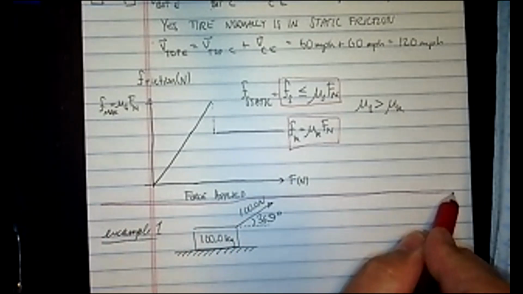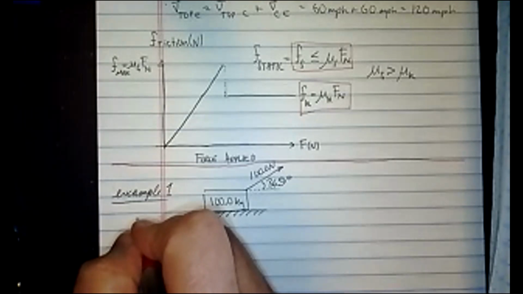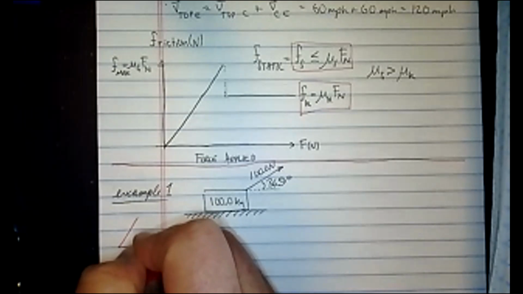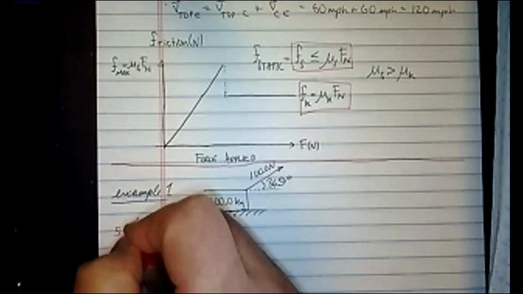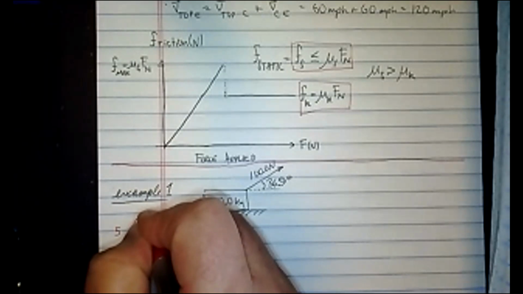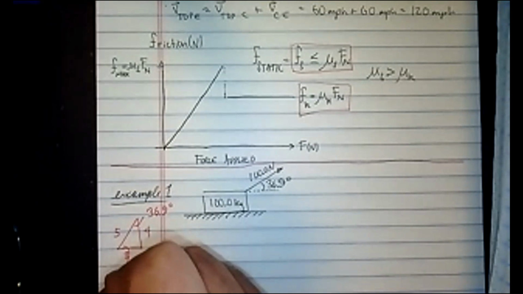guys should immediately think of the 3, 4, 5 triangle. And that's what's happening here. The 3 is down here, the 4 is up here, and the 5 is over here. And this angle right here is opposite the small side. So that's the 36.9 degrees. And this one's the